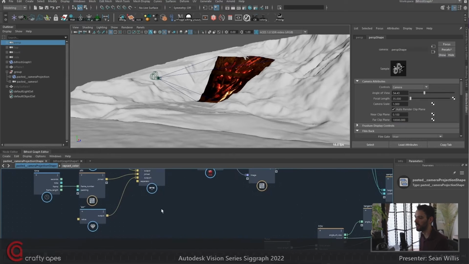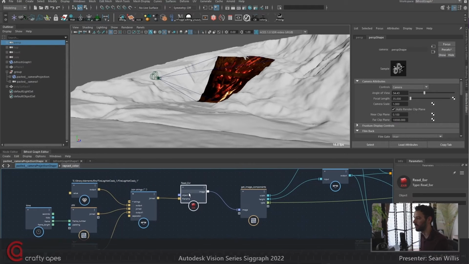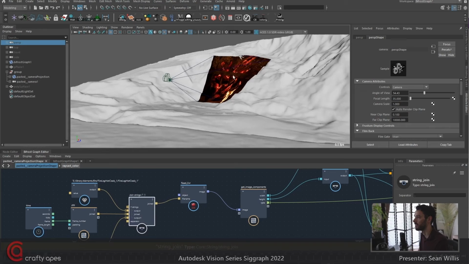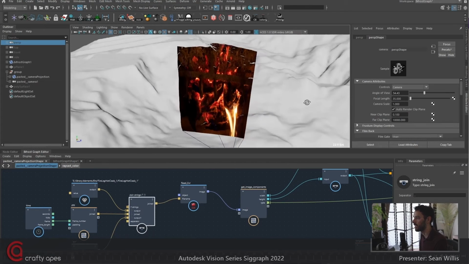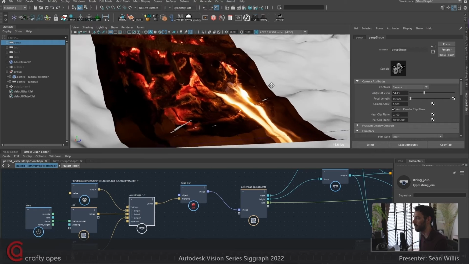Next up, we have one of my favorite ones, which is a camera projection setup. So what we have here is our EXR image sampler, and we have a sequence of images. And if we change the frames here, now this is a massive 4K, and this is the terrain from earlier. That's why it takes a little bit of time to process. But it changes, and it's actually playing this footage of fire.